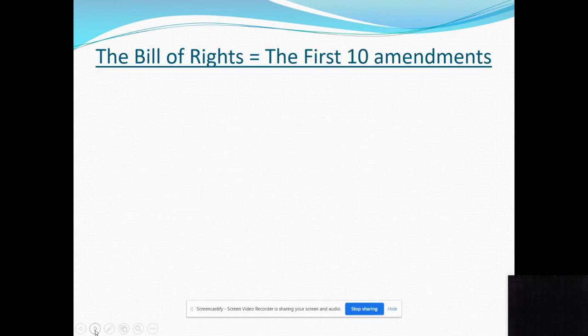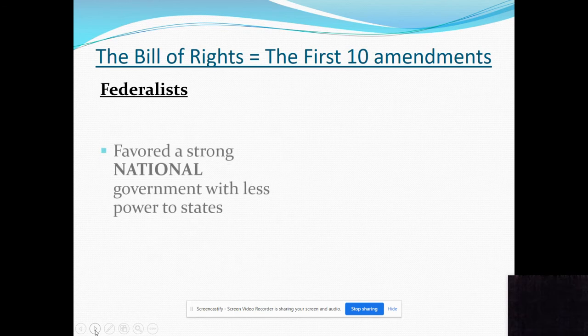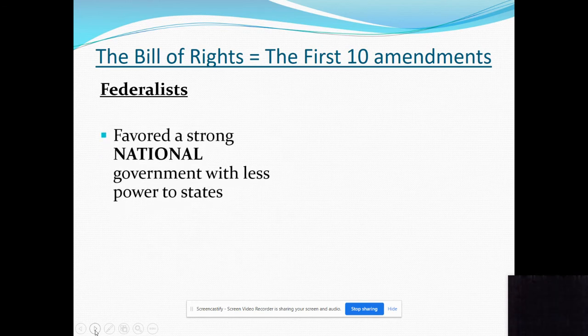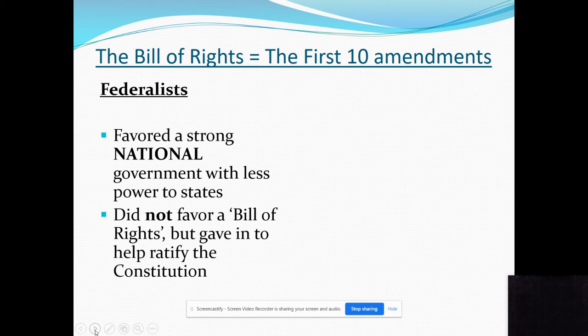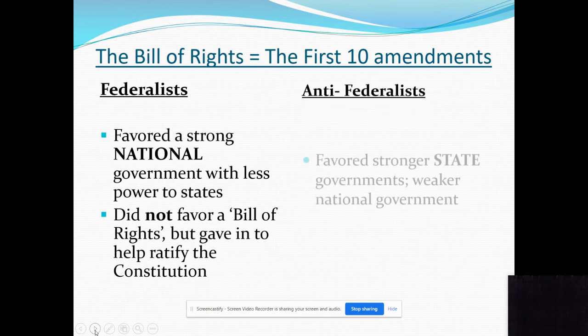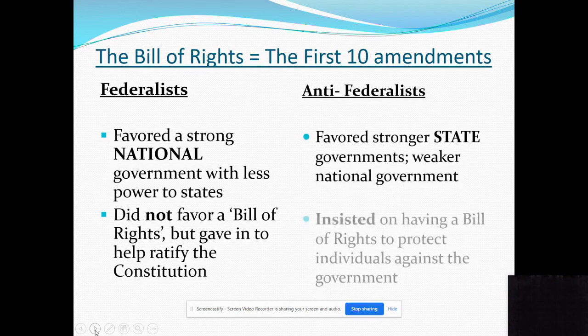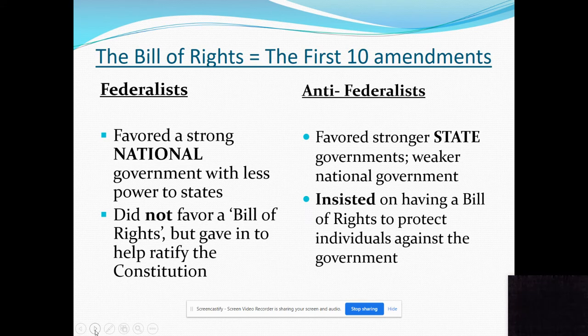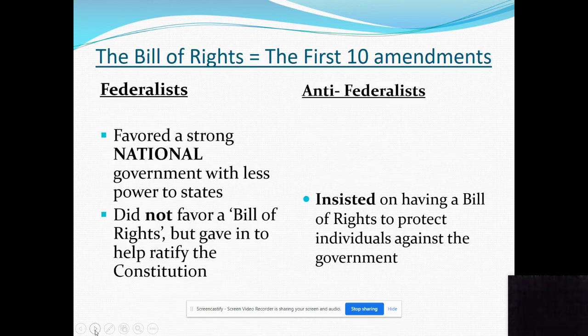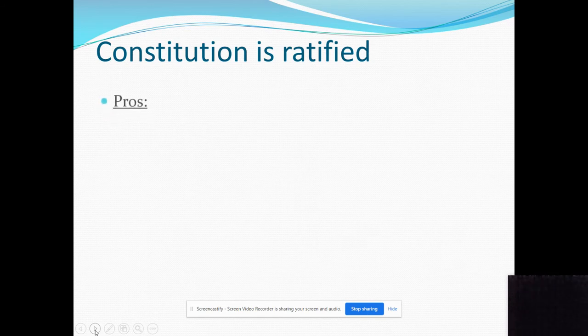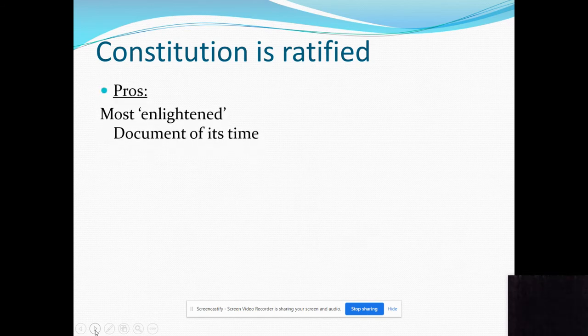So those two sides, Federalists favored a strong national government with less power to states. They did not favor putting a Bill of Rights into the Constitution. However, the Anti-Federalists were insistent on that Bill of Rights, and it was added to the Constitution, and the Constitution was ratified as a result. All right, I think this is where we're picking up